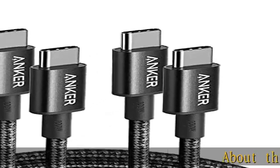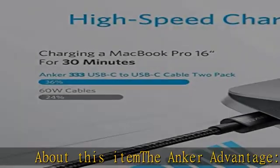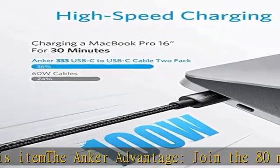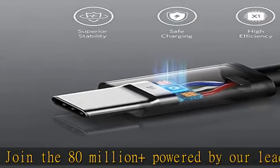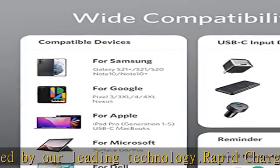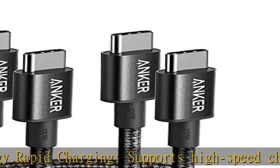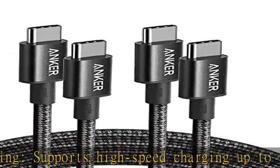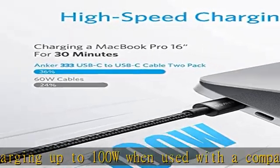About this item, the Anker Advantage. Join the 80 million plus powered by our leading technology. Rapid charging, supports high-speed charging up to 100W when used with a compatible charger. Highly compatible, designed to work flawlessly with any USB-C device. Does not support video output. Rugged and durable, a hard-wearing nylon exterior combines with a 12,000 bend lifespan to create a cable that's durable both